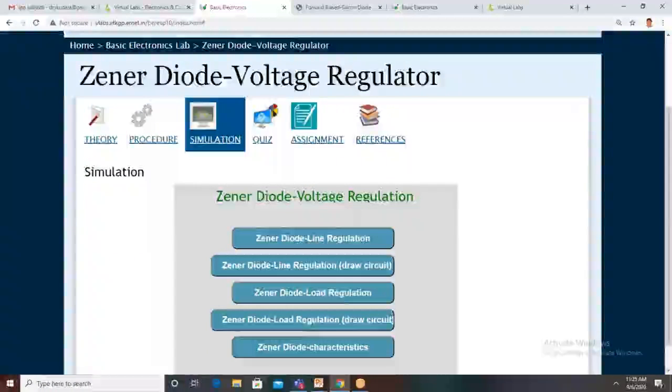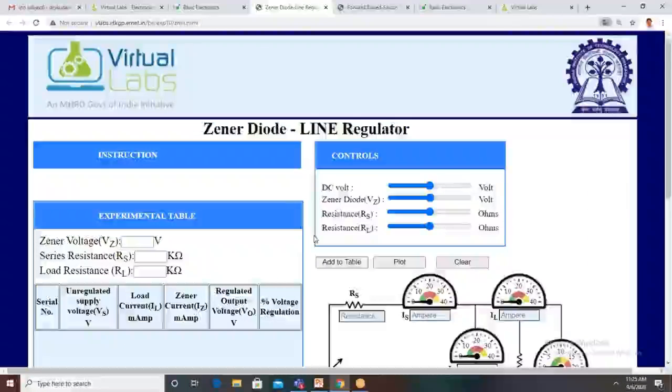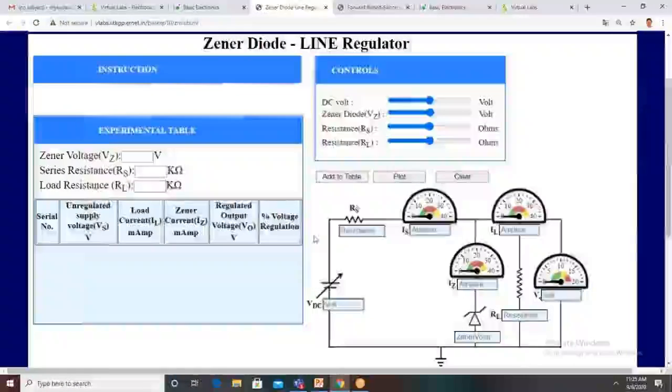Again, this window opens for this experiment, and here are Zener diode line regulation, Zener diode load regulation, and Zener diode characteristics. Actually, three different experiments: line regulation, load regulation, and basic characteristics of the Zener diode. This is Zener diode line regulation without connections. This is Zener diode load regulation without connections. A ready-made circuit is available, so all the connections are available here. We need not make the connections. If you select that